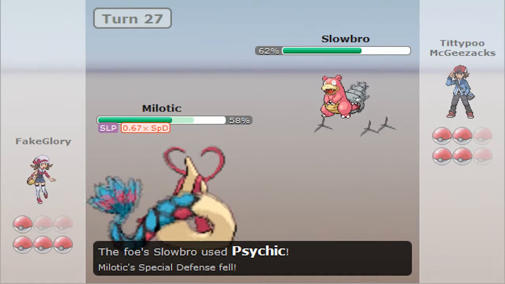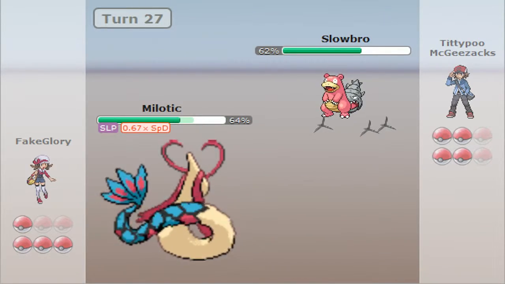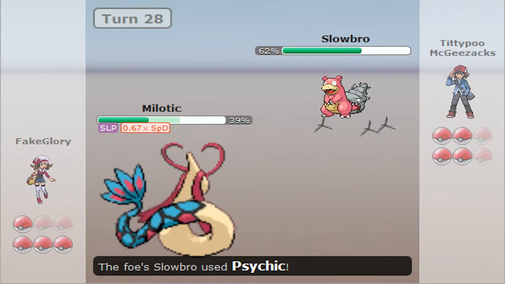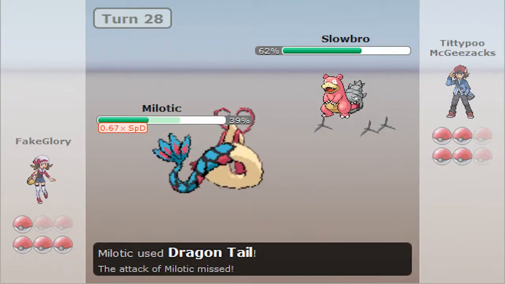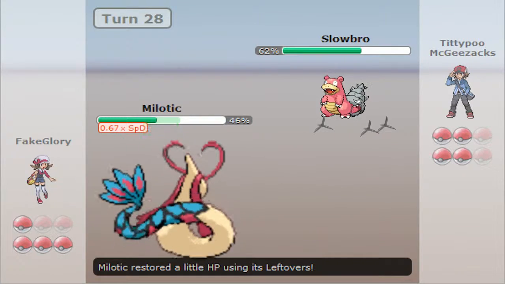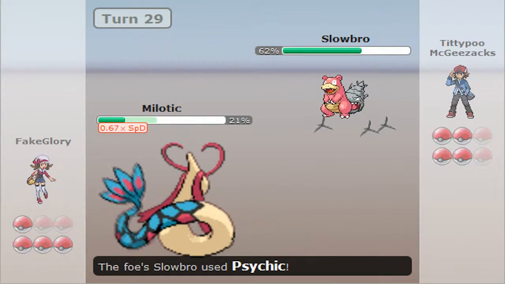And with my lefties, it basically neutralizes it to only 11% of damage all around, but with this special defense drop, it will be doing more, and I'm just going to keep going for Dragon Tails. I'm going to switch out, find the best possible situation to rest up, and that's basically what I'm going to keep doing. But unfortunately, I missed for a second time in a row, meaning I can't switch him out and switch myself out to get rid of that special defense drop,